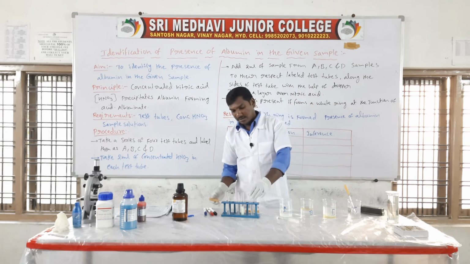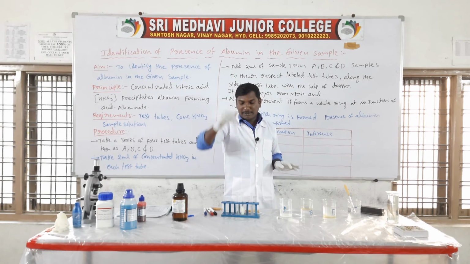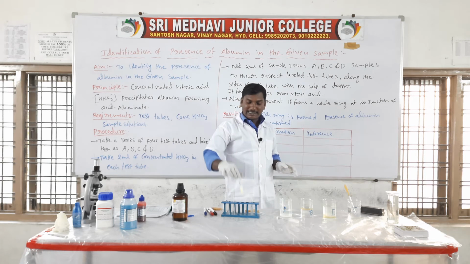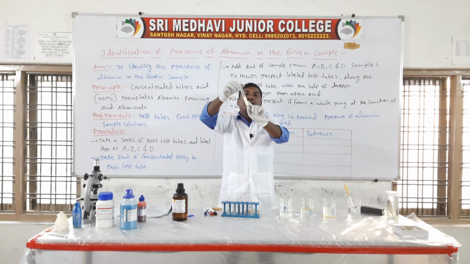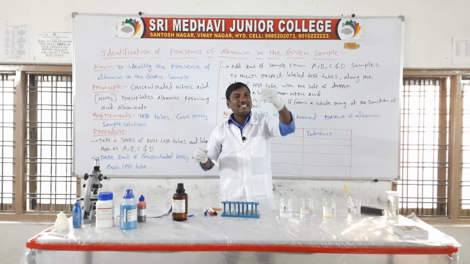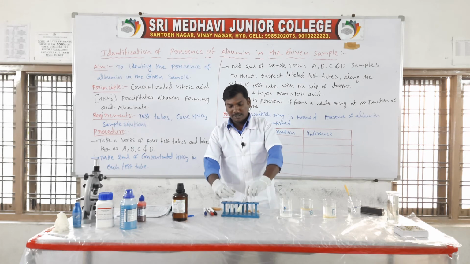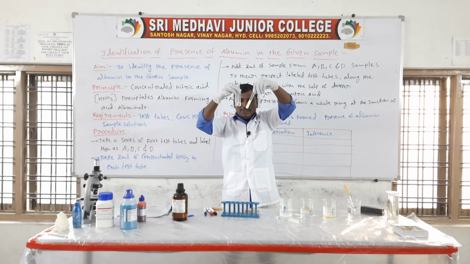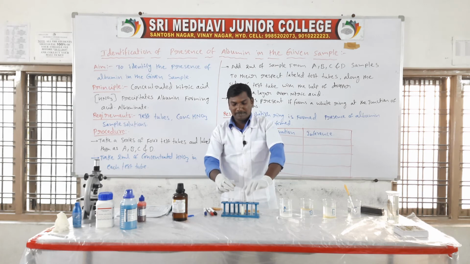In these 4 test tubes, in the A sample there is no white color ring formation, and in the B sample there is no white color ring formation. But in the C sample there is formation of a white color ring, so albumin is present. In the D sample there is no white color formation. So of these 4 samples A, B, C, D, only the C sample shows the white color ring, so the C sample contains albumin.